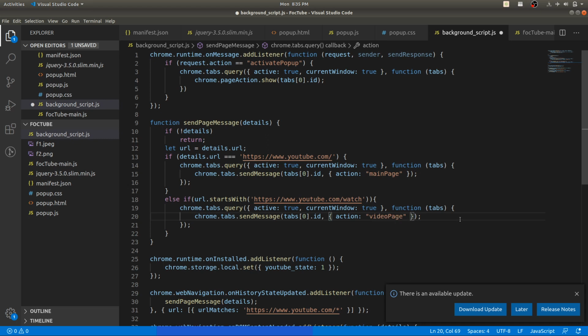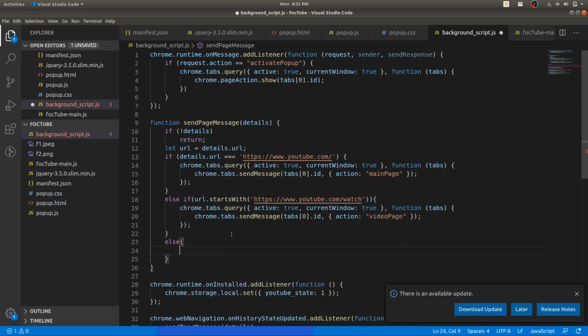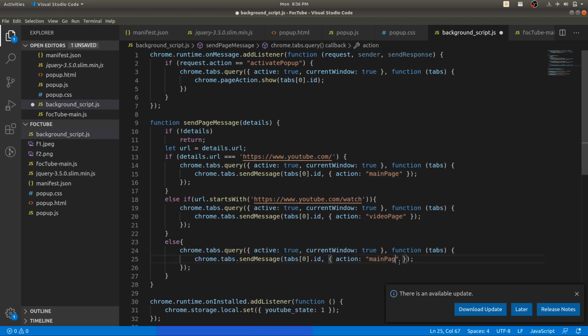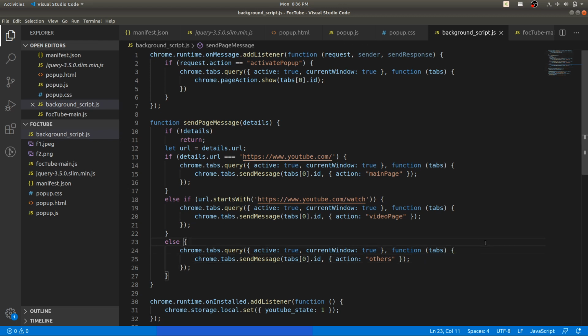So we will just send the same message but with different value that hey, we are on video page. Otherwise we can have other pages on YouTube, so it will send message that hey, we are on other page. So these three are the message types. Now depending upon the message, we will define the listeners in the content script.